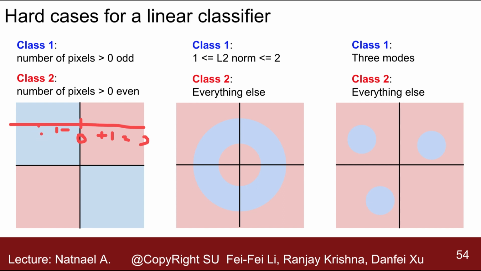Here we have -2. So in this graph, if you want to identify numbers which are greater than 0 and odd, this is the first class. And numbers which are greater than 0 and even, which is class 2, linear classifiers cannot do this, because